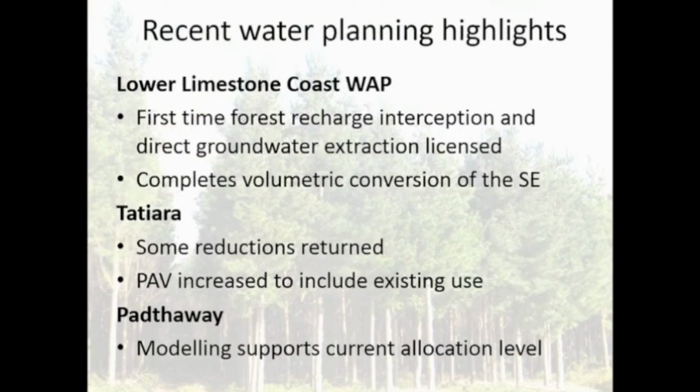Some of the recent planning highlights: the Lower Limestone Coast Water Allocation Plan is the first place internationally where both recharge interception and direct groundwater extraction are licensed for commercial plantations. And it also completes a program of volumetric conversion of all our area-based licences that we've